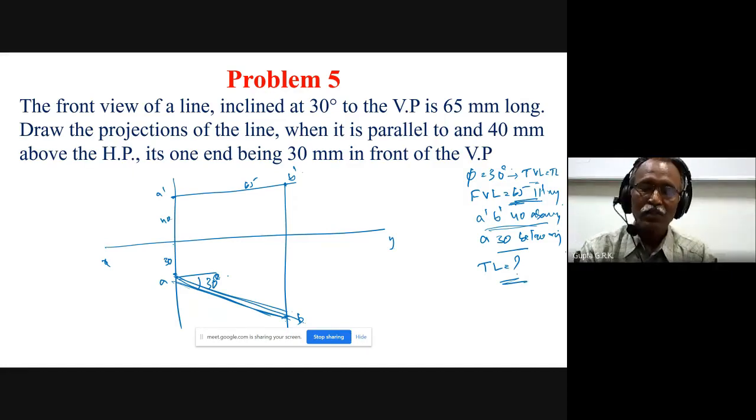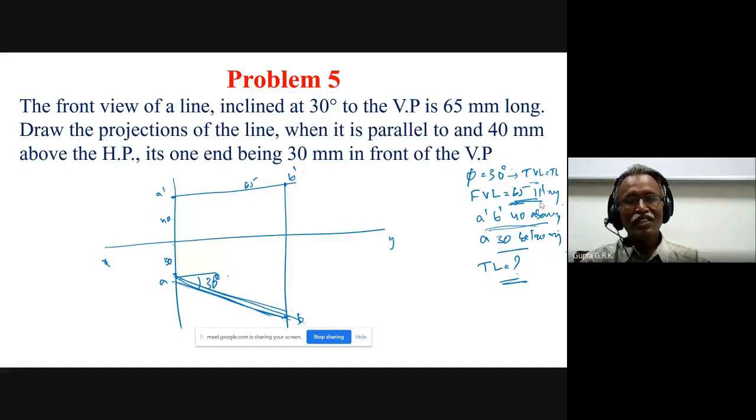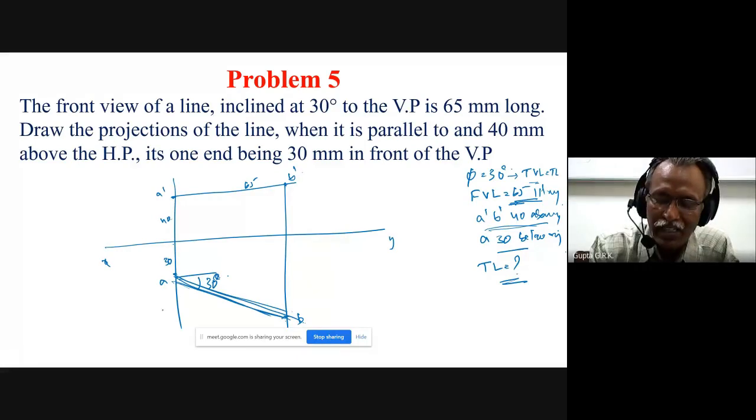Can we use maths and find out, sir? No. Trigonometry, no calculator. No calculator at all. Only scale. Everything with geometry only. With measurement only, you have to give it. You should not use calculator and calculations. Only measurements. If it is asked, then you have to draw like this and show this.